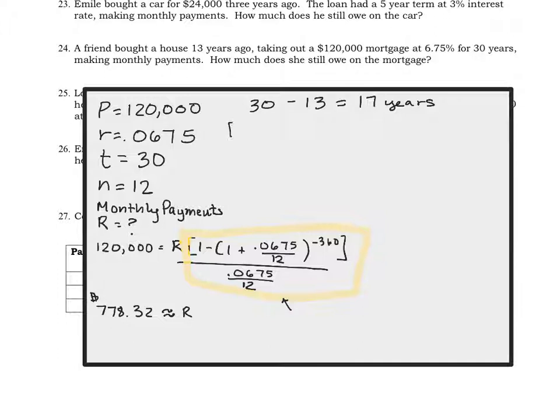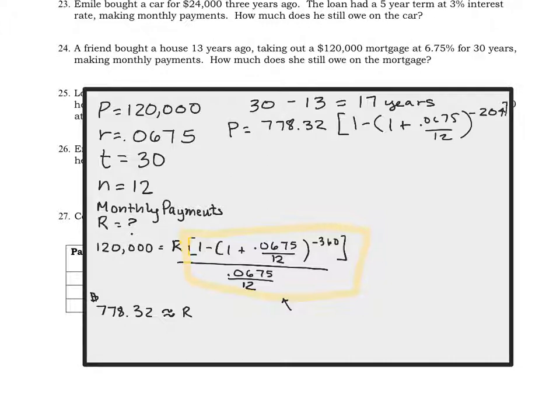Okay, so we have P equals $778.32 times 1 minus 1 plus 0.0675 divided by 12. Now we will raise it to that 17 times negative 12, and that's going to give us negative